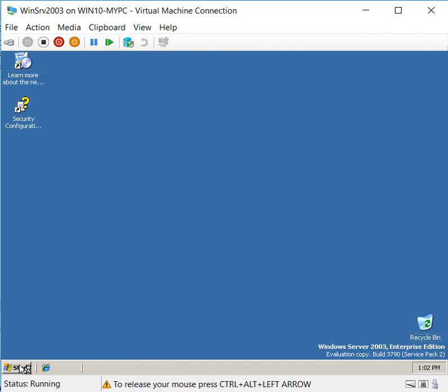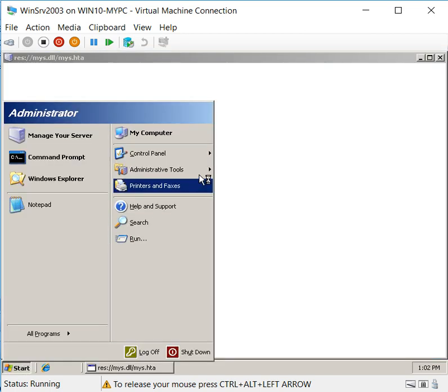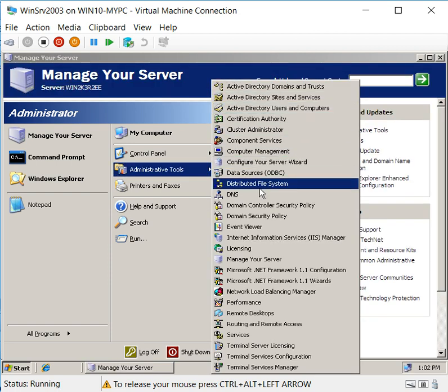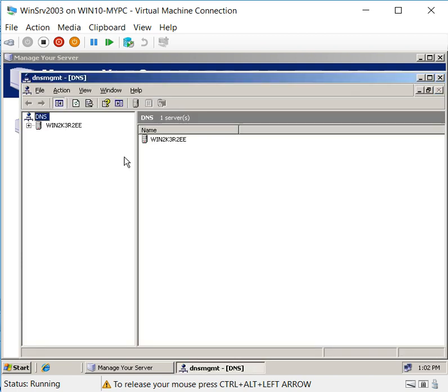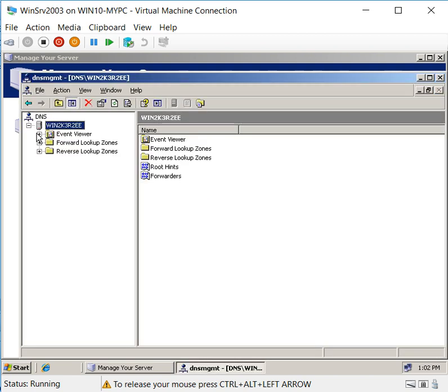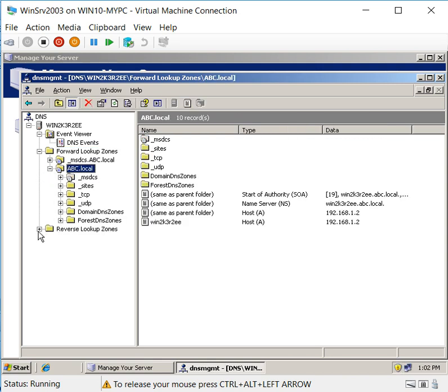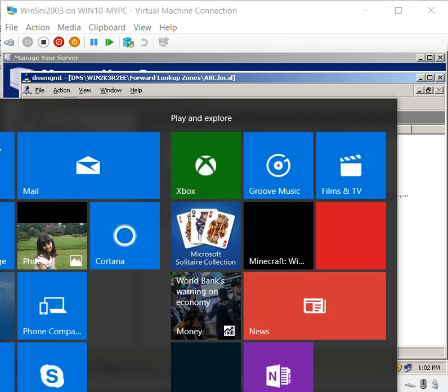So here it is, we have my domain controller up and running with a new domain and forest, and I'm just after the tools. You can see the tools here, and DNS is there. Let's have a look at DNS. It is up and running, and I've got my event viewer, forwarders, and abc.local, and reverse is there as well. Okay, now I'm just going to log on to the second machine and try to join the new domain. Okay,